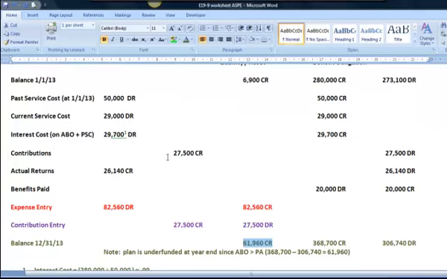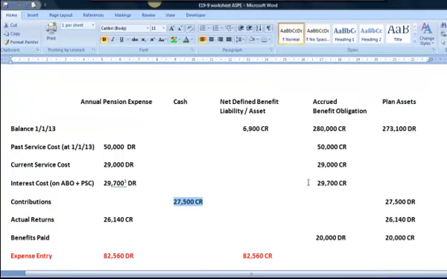So maybe the contributions that you made into the plan aren't big enough this year. So the company has to consider now how big the contribution should be. So they need to sit down and talk to their actuary to see how much more they should fund it by. So this is an example of how the accountant can use a little worksheet, and not just the schedules